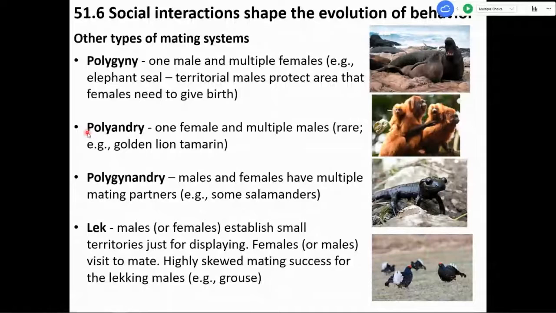The opposite of this is polyandry, which is a rarer system. But that's where one female has multiple males. This occurs in golden lion tamarins, which are an Amazonian species. Would bees also be considered polyandry? So I guess so. Yeah, when you get into those social insects, there's all sorts of other things that are driving it. There's a section in the book about social insects that we don't have time to move on to.